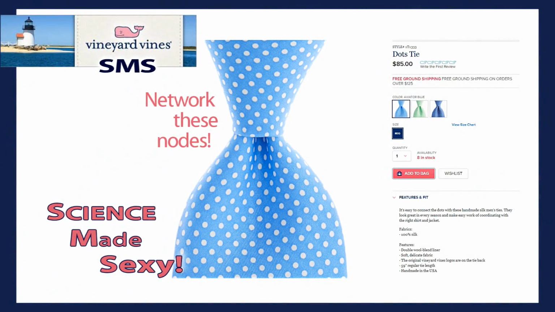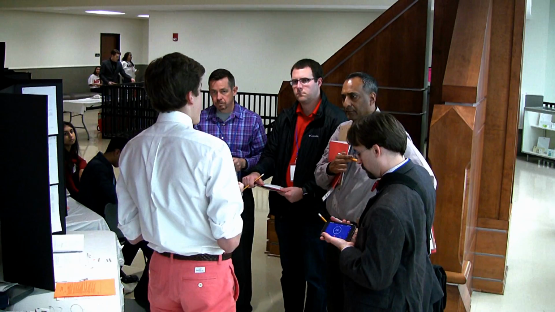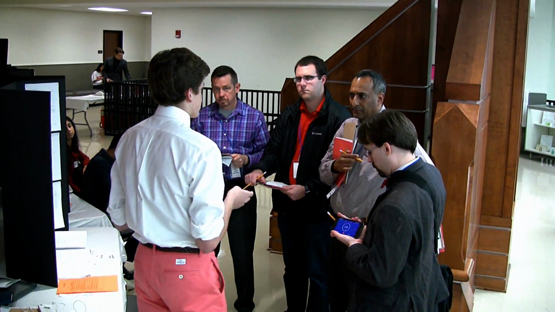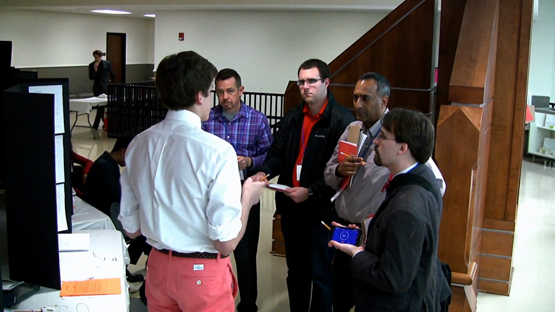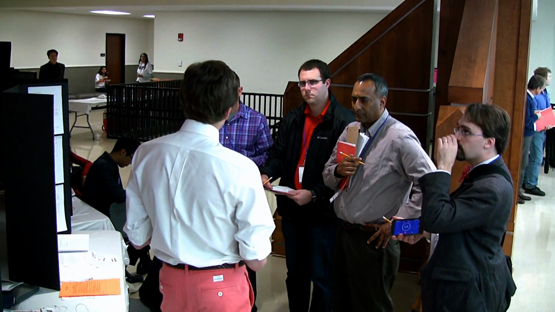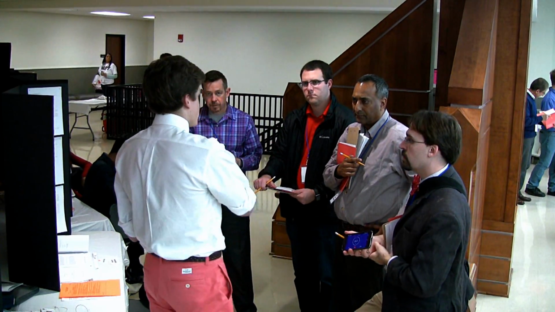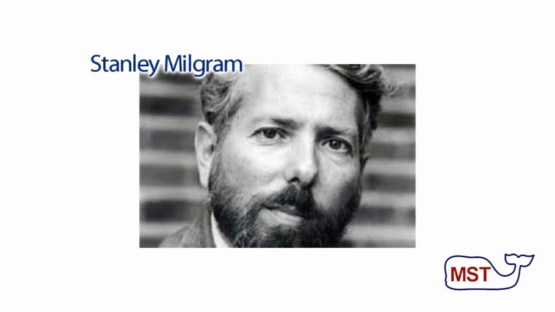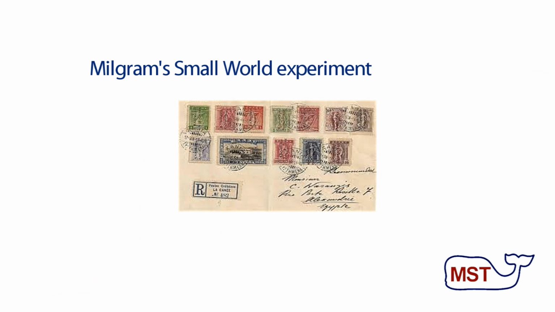What type of modeling do they use? Well, first, a bit of history. In 1929, Friedrich created the idea of the six degrees of separation. And the first kind of proof of it was in the 1960s. Stanley Milgram conducted a small world experiment. He gave packages to people in Nebraska and Kansas and asked them to send it to a target person in Boston, under the condition they could only send it to somebody they knew on a first-name basis.